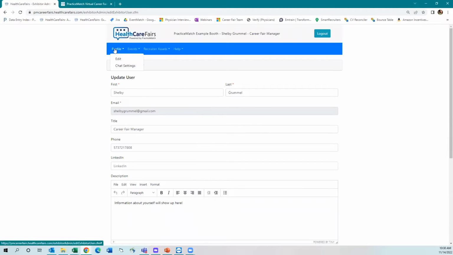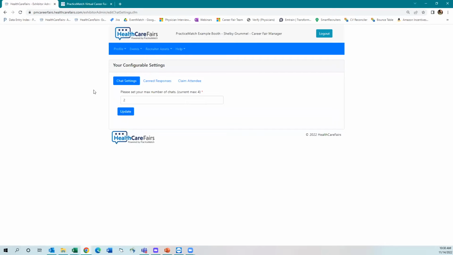After that, you'll then go to your chat settings. This is where you can choose the total number of chats that you'd like to have at one time. You can have up to 6 chats going at once. All you have to do is type in the total number you'd like right there, hit update, and then that will automatically save both for the event that you're attending and any future events that you may attend with practice